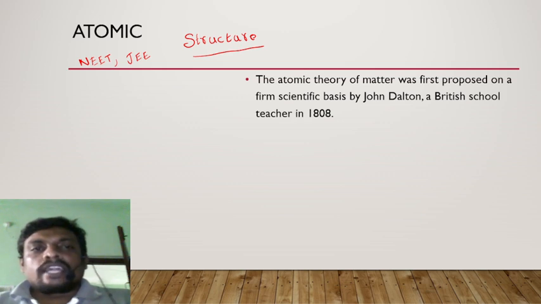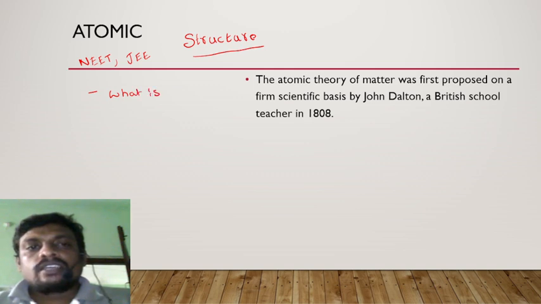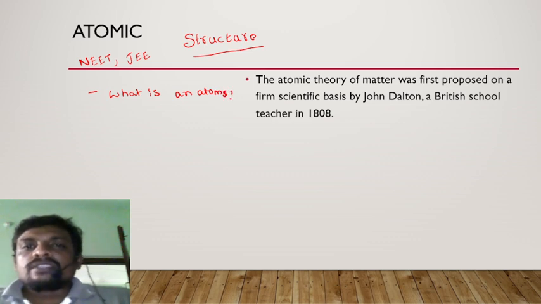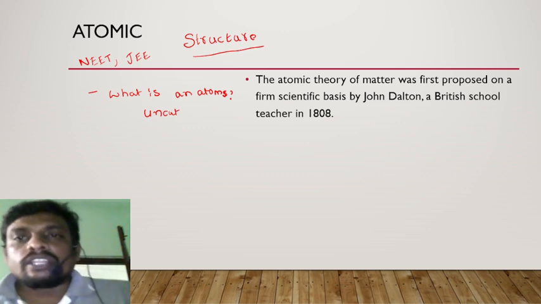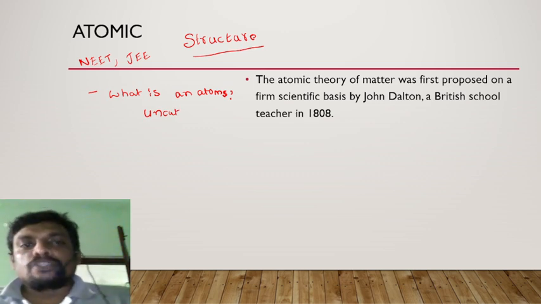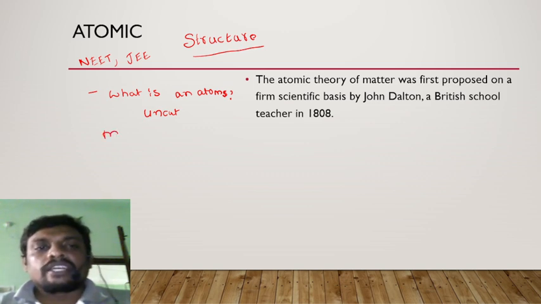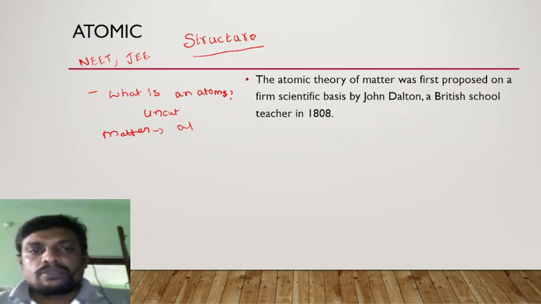Let us see what is an atom. What do you mean by an atom? My question to you, what is an atom? An atom is considered as one of the structures that will be uncuttable or indivisible in the further separation process. Any matter, if you take, is made up of certain kinds of atoms.